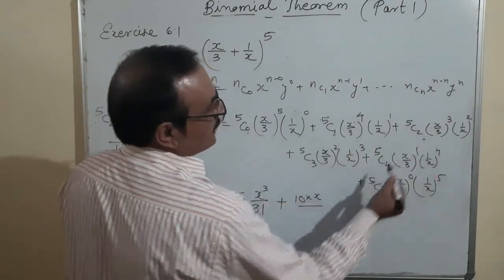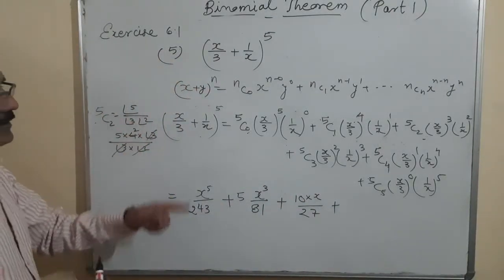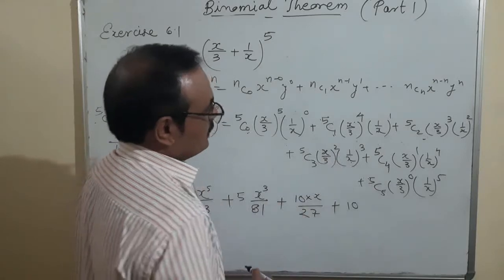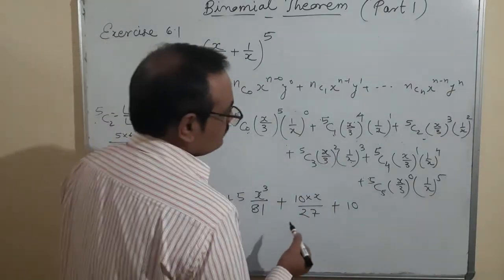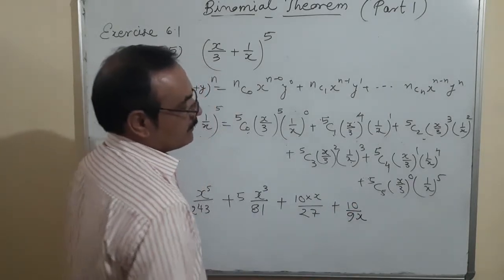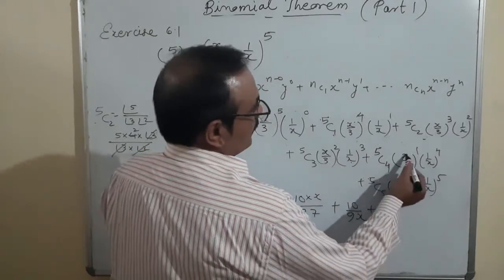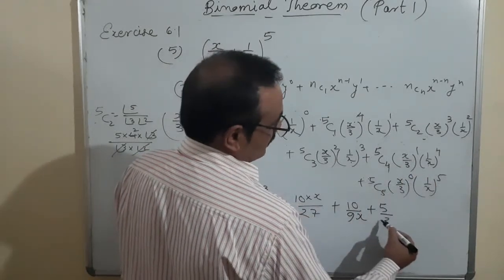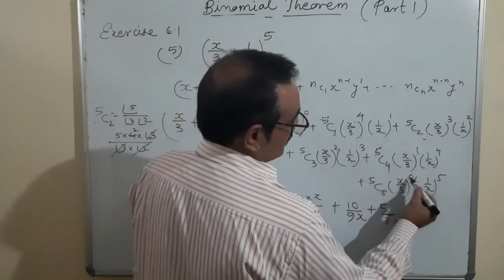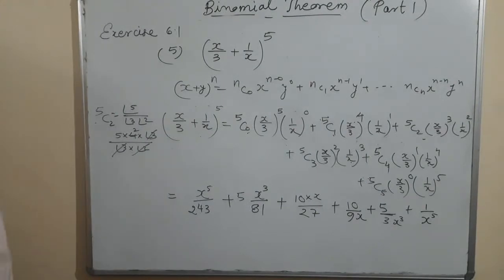upon 3 3s are 9, 27, plus 5C3, again the value of 5C3 is 10, so it is 10, x to the power 2 and x to the power 3, that means x to the power minus 1, and 3 3s are 9, so 10 upon 9 and x to the power minus 1, so 1 upon x can be written here, plus 5C4, result is 5, x to the power 1, x to the power 4, so upon 3 and x to the power 4 minus 1, plus 5C5, it is 1, this is 0, 1 upon x to the power 5. So it is the expansion of it. Okay.